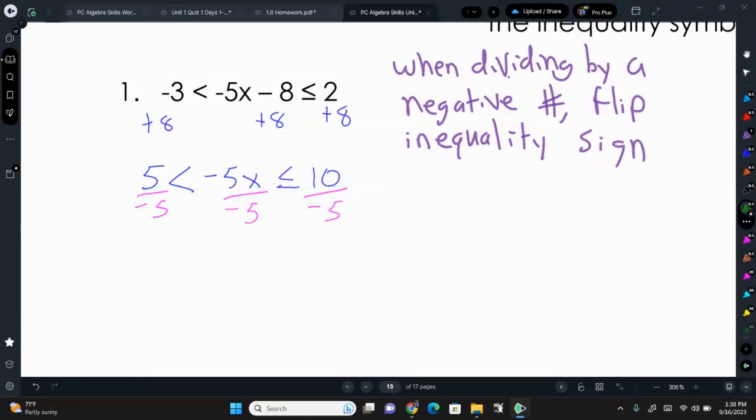So now it's going to become -1 is greater than or equal to x, which is greater than or equal